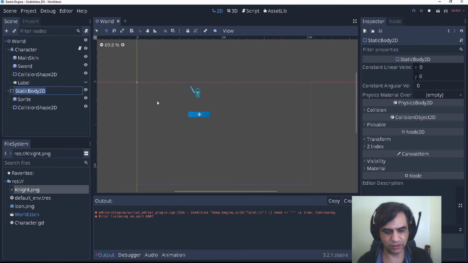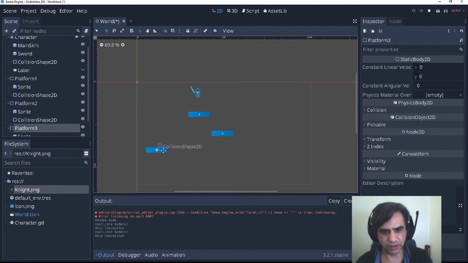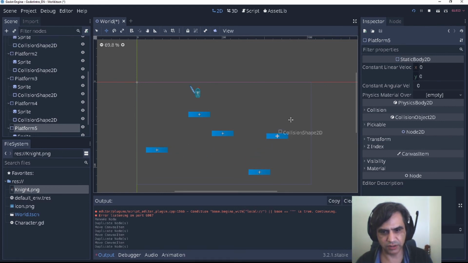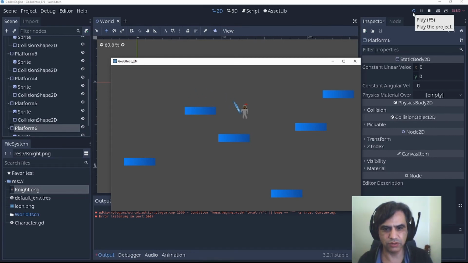So platform 1. If you do platform 1 and you duplicate, it adds 2, etc. Now we can duplicate something like this, and this, and this, and here, and we can fall to our platforms, but now we cannot go anywhere.